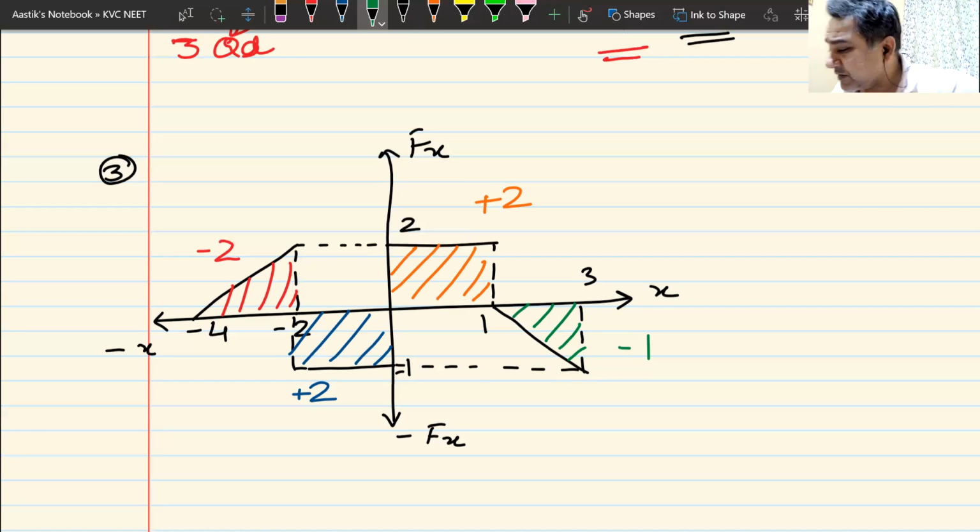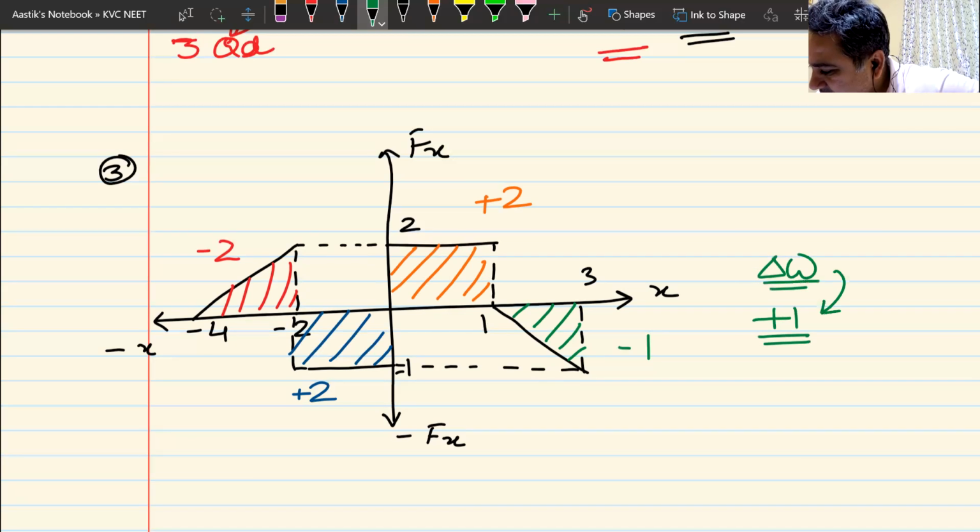Now you can add them, subtract them, and whatever. Plus 2, the answer will be, I think, +1. The total work done is +1. Do we understand this? Can I have some response that we understand this? Okay, that is great. If you've understood this, this is the most difficult question that you can ever get in the most difficult paper of NEET ever made up till now. Let us move ahead. I hope you are noting it down. If you have any doubt, you can ask.